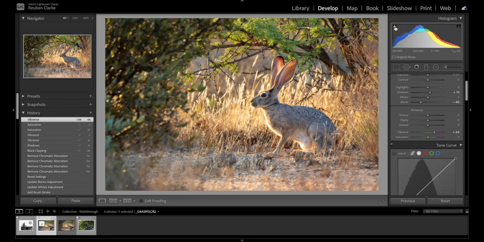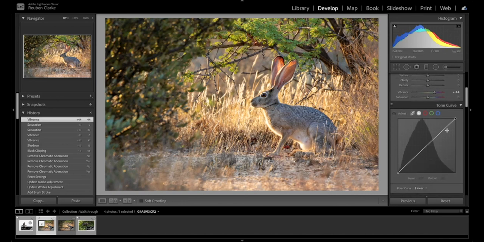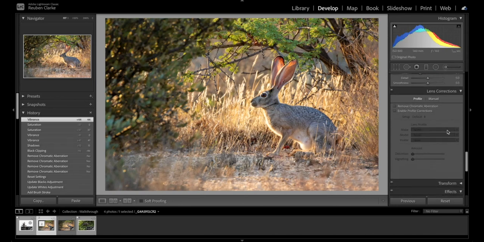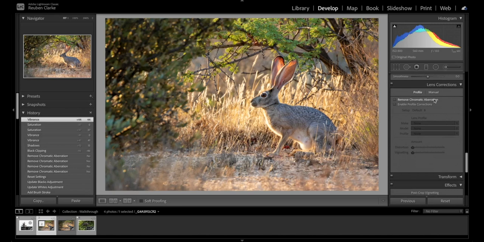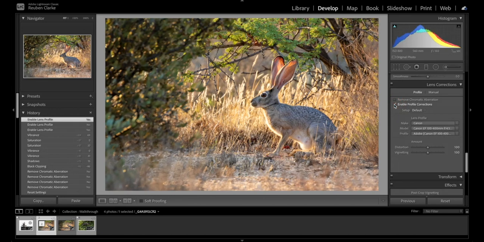So after that, I'm just going to turn the black indicator off. I will head down to the lens correction. Now, I normally enable the profile corrections, which just gets rid of any vignette and changes the warping so that it's neutral. But looking at this, I actually prefer the vignette staying, so I'm going to remove those profile corrections